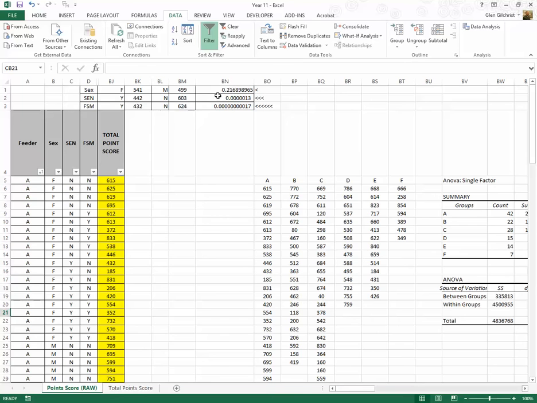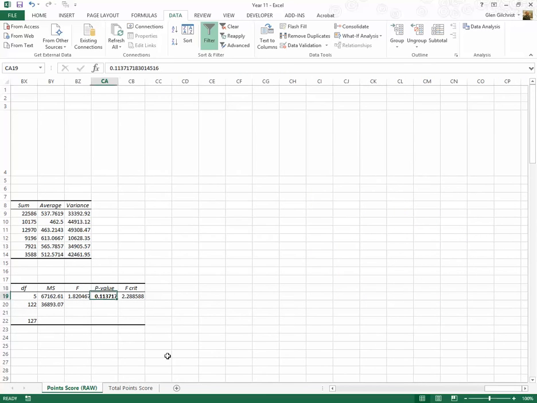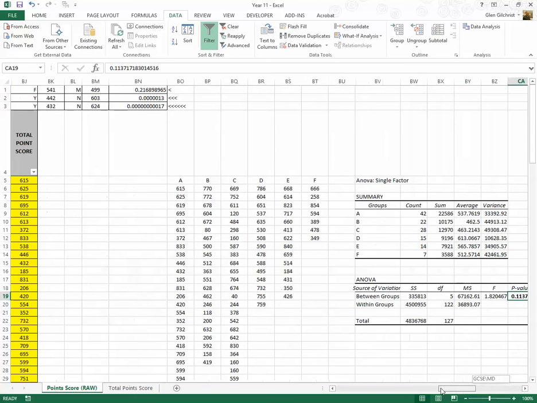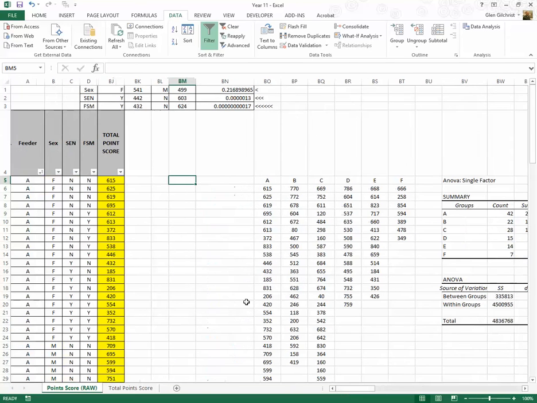We're back up here, aren't we, where when we calculated the significance of sex, we had 0.2, and down here we've got a significance value of 0.1. So we could say that actually it's twice as significant which feeder primary school you go to compared to your